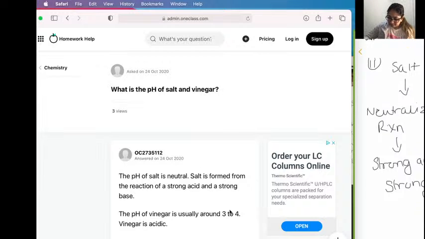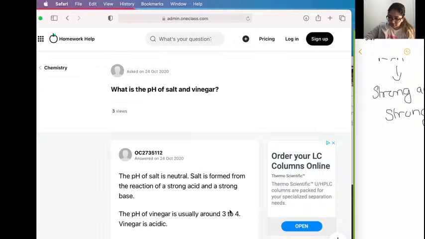And so since we have a strong acid and strong base, since it's a neutralization reaction, you can probably guess that the pH would be neutral. And so an example of this would be